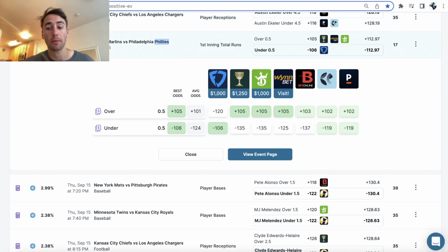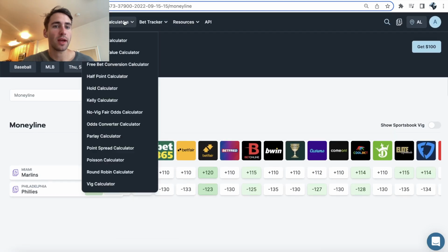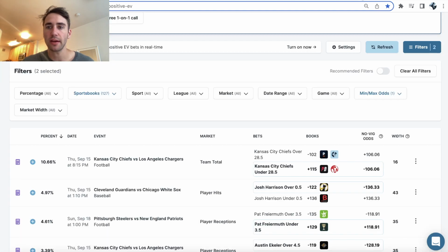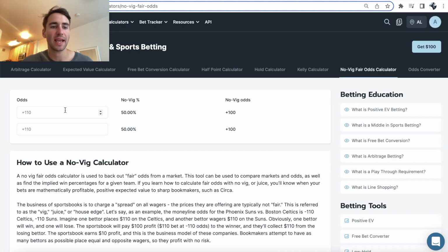So your goal as a sharp bettor, my goal, is to place as many positive EV bets as I can, right? Find as many line discrepancies where we're getting ridiculous value. And of course there's football tonight, but you've got to follow the value. So if we go to a no vig odds calculator, which I also think is pretty interesting, you can put in the market on every sportsbook, and what this calculator will do is remove the vig, remove the